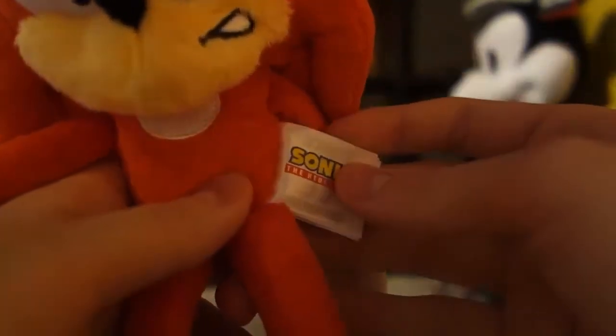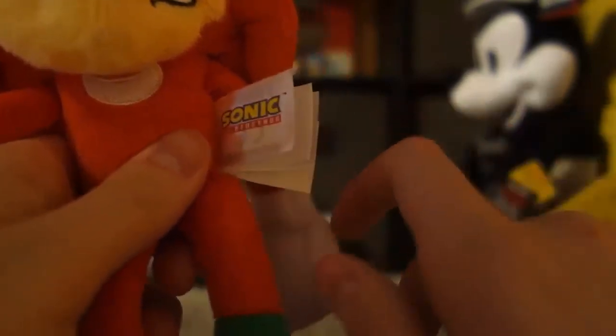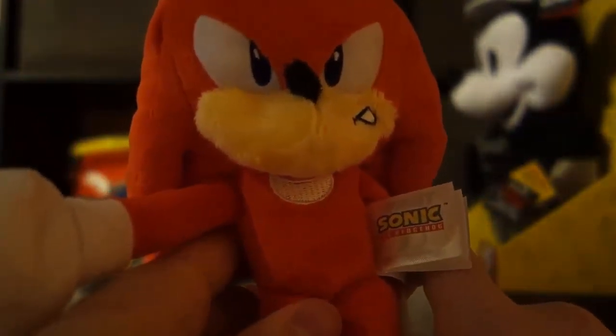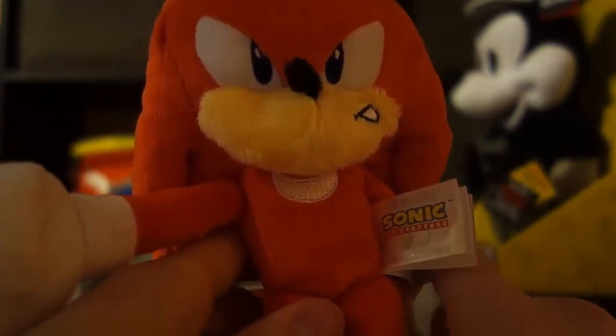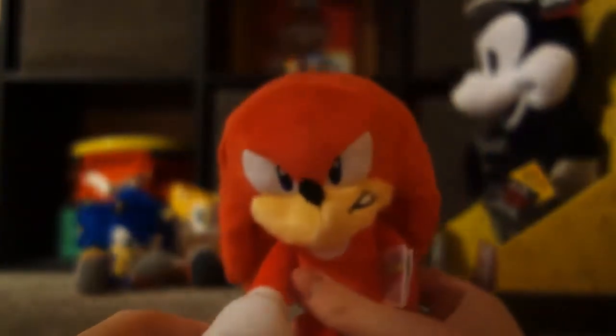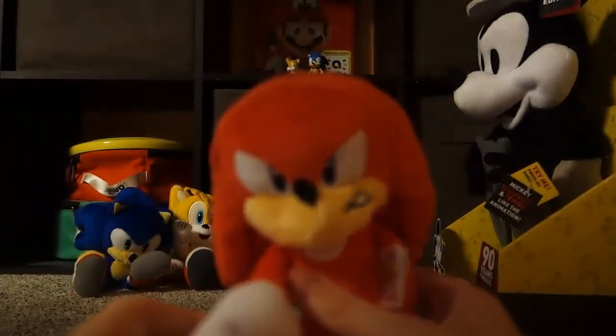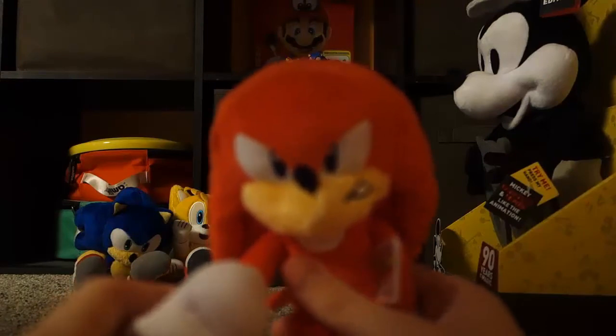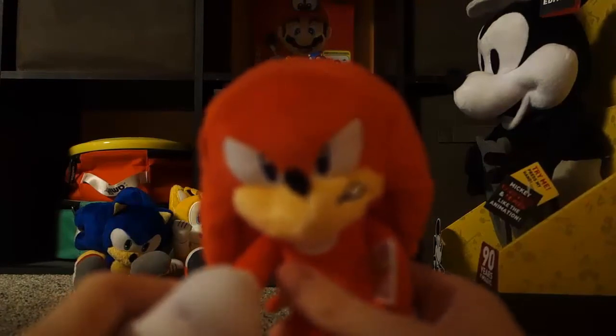Not that rough, uncomfortable paper-like feeling that store-bought plushes sometimes have, or heck, maybe even carnival plushes. And here is his tail. So this is a pretty good Knuckles plush. A lot of people prefer Great Eastern Entertainment's plushes a lot more, and they have the rights to,